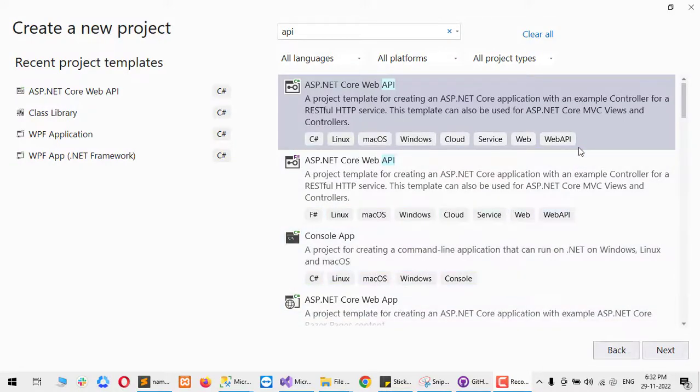Bismillahirrahmanirrahim. Assalamualaikum. Today I will show you how you can make a CRUD API using Entity Framework Core and MS SQL